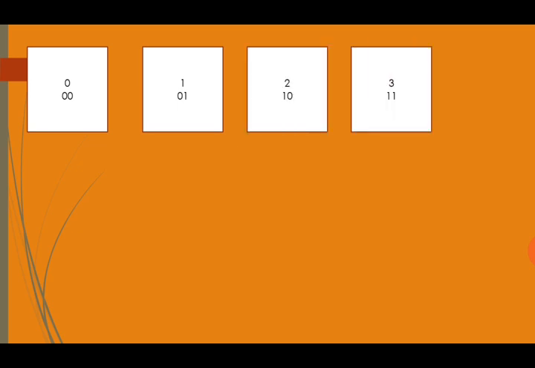Now students, after the 2 boxes game, we are going to have the 4 boxes arrangement. How to arrange them? Box number 1 has the number 0, then box number 2 with the number 1, box number 3 with the number 2, box number 4 with the number 3. Below all the numbers, their binary representation is written. The box with decimal number 0 has the binary representation 0, 0, then 1 has the binary representation 0, 1, 2 has the binary representation 1, 0, and 3 has the binary representation 1, 1. Now how do we arrange the boxes?